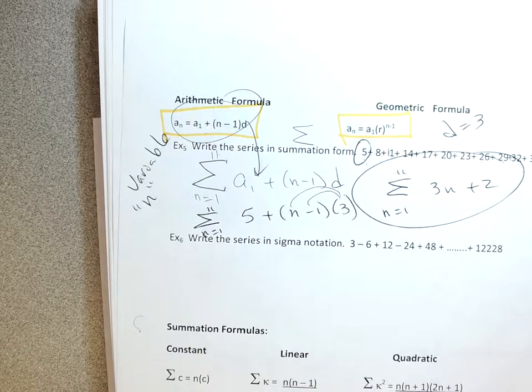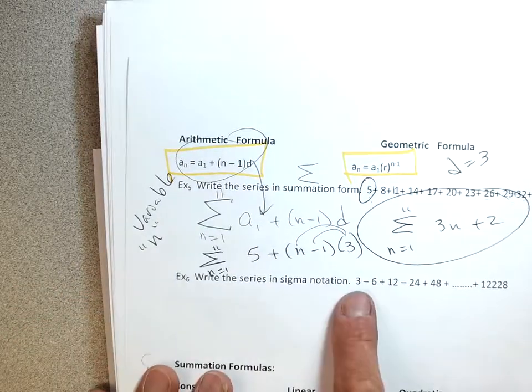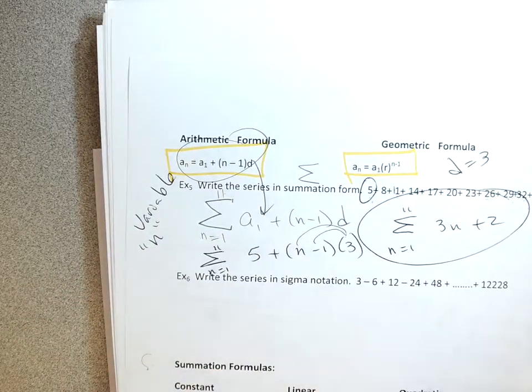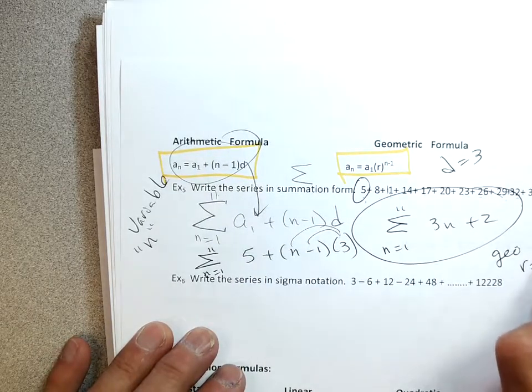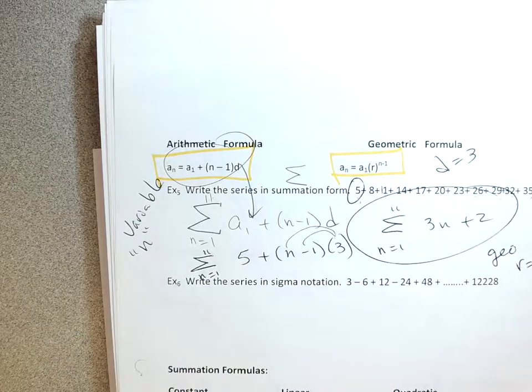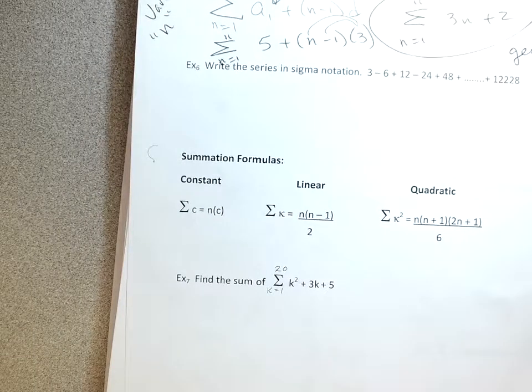Arithmetic or geometric? It is geometric. And it is r equals negative 2. That's why it goes positive, negative, positive, negative. Check it out. If you go 3 times negative 2, you get negative 6. Times negative 2 gives you positive 12. Times negative 2 gives you negative 12. Times negative 2 gives you, see how it goes positive, negative, positive, negative? So r's got to be